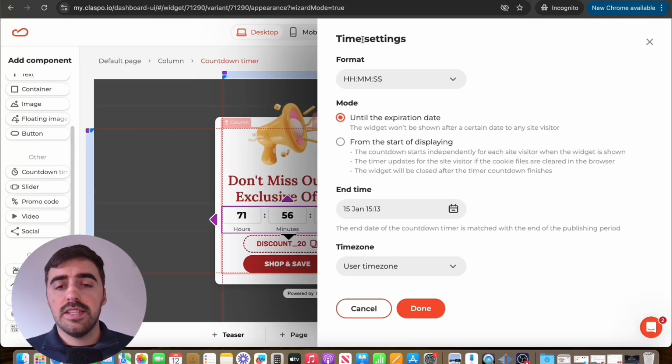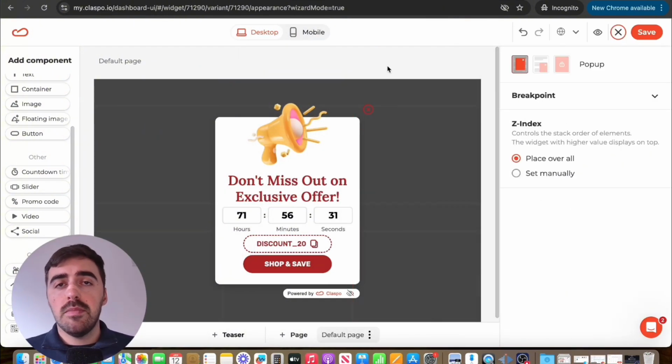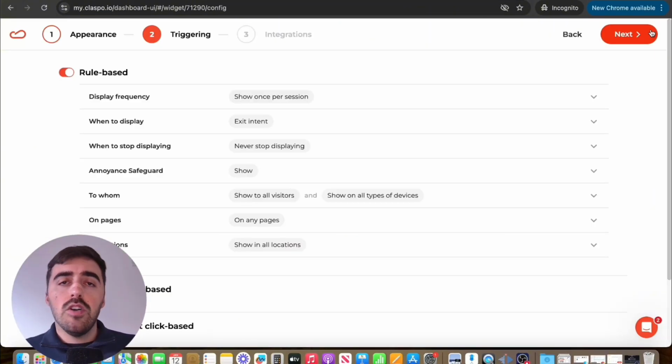Once you've done that, here are the time settings. In my case, I'm not going to change them. I'll just leave it as it is. Then I'm going to click on done. And that's pretty much all the customizations that I'm going to make on my particular coupon pop-up, but definitely take your time here, create the exact type of widget that you want, and once you're ready to move forward, go ahead and click on save in the top right corner of the screen,